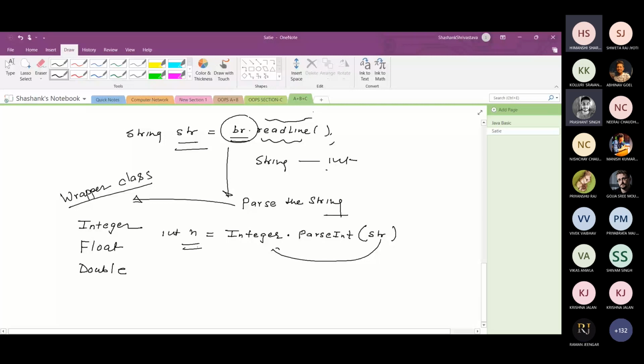Similarly for double and float, you can write Float.parseFloat(string) and float f. So basically this is the wrapper class by which you can parse the string into a number. This is the first method by which you can take the input from the keyboard.